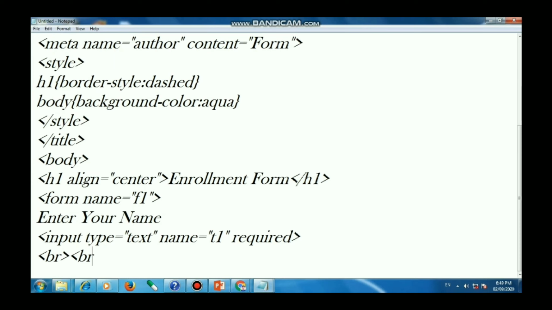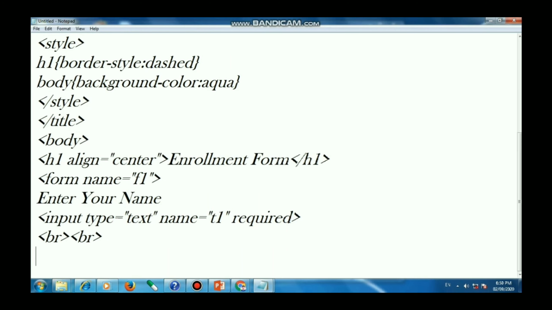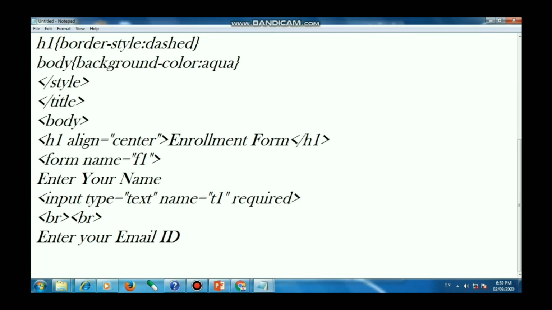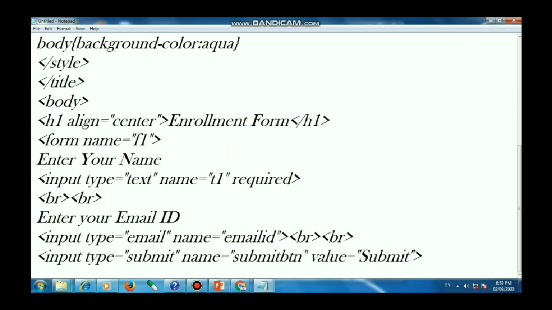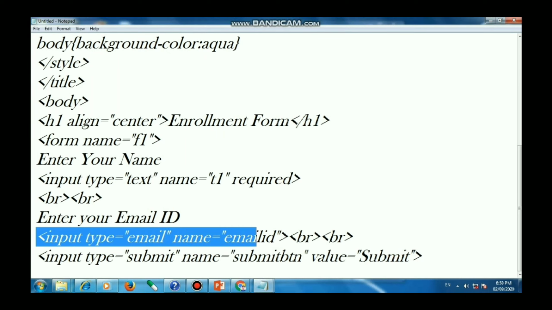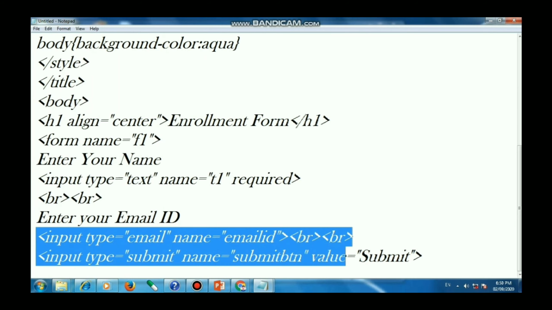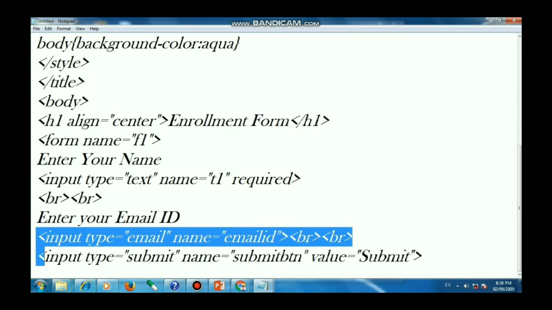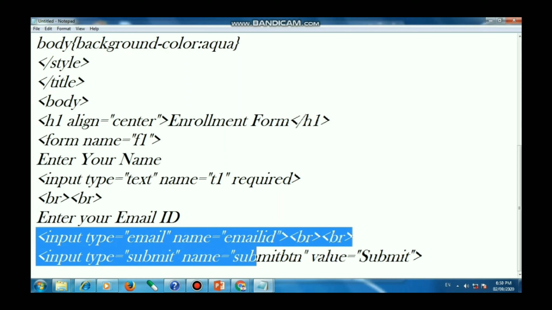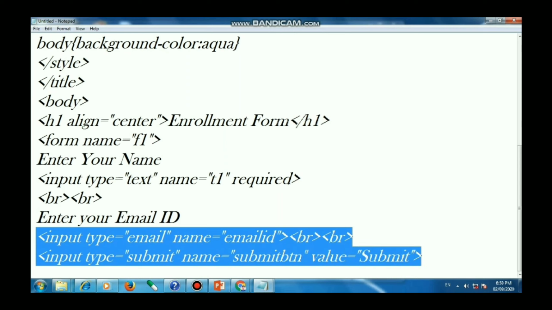Then br twice, then enter your email id, then input type equals to email, name equals to emailid, br twice. Then input type equals to submit, name equals to submit, value equals to submit.